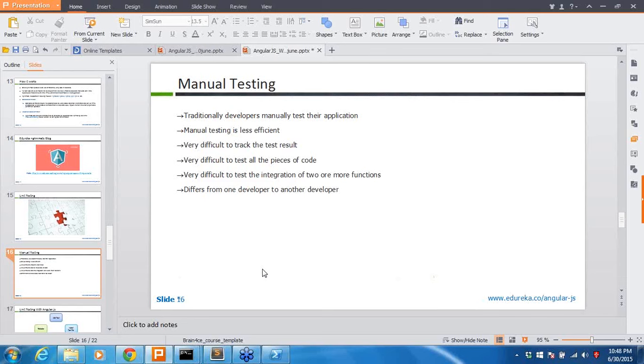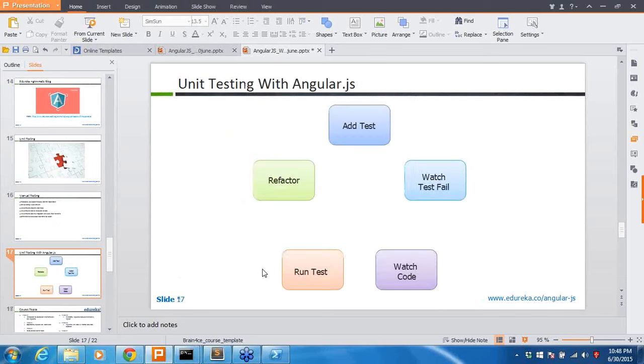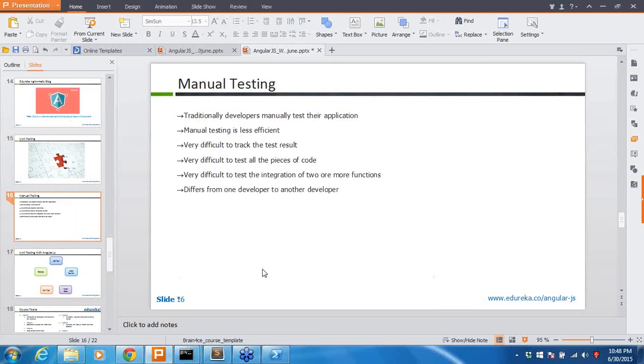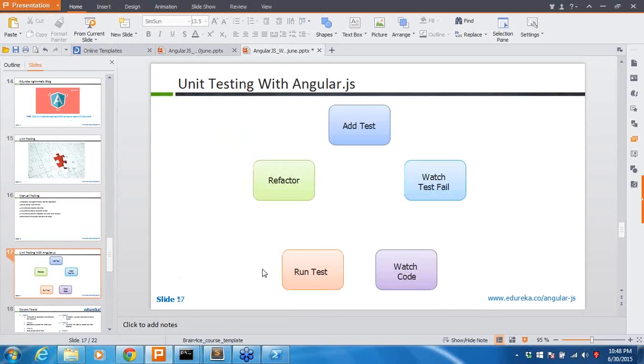So how can we write basic unit test cases for AngularJS applications? In AngularJS applications, we will be using a tool called Karma. With the help of this Karma tool, we will be building end-to-end unit test cases for AngularJS. Whatever methods we write, we will create test cases for them. So how do those unit test cases work? First, we create our functions. Then we write a test case for that.